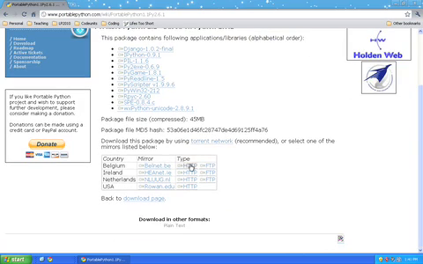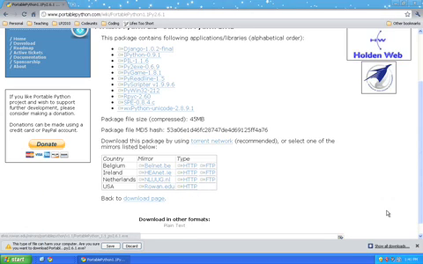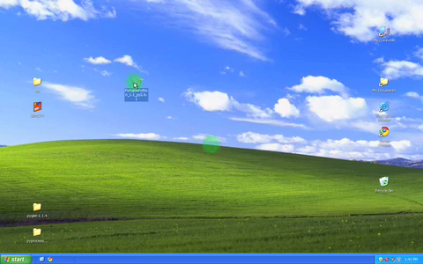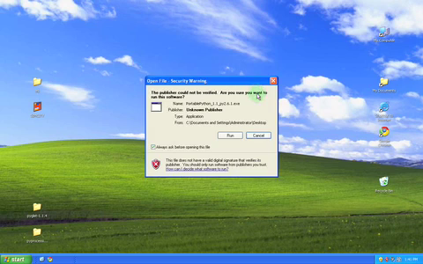And then down here under these HTTP links, I can choose any of those. And if I were to choose this one, I could download it from there, and then it would save to my desktop, ask me where to save it, or it would go to my download folder, depending on which browser you're using. So I've downloaded the file already, and here it is on my desktop, Portable Python 2.6, and I'm just going to double click it to run it,